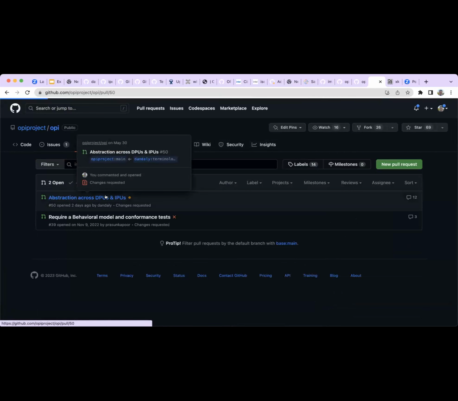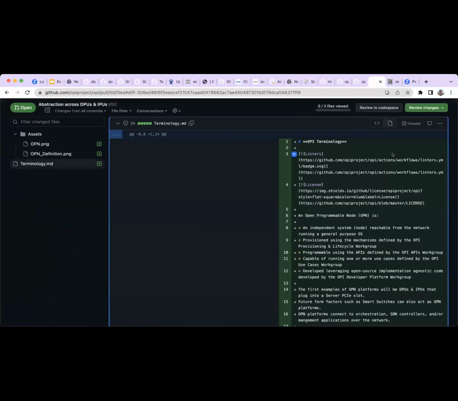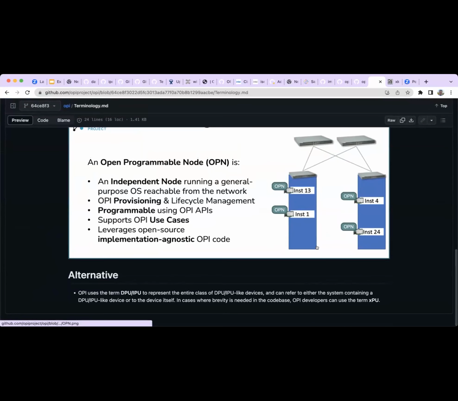Otherwise, OPI, I don't think there's, I mean, again, other than a few spots in the code where we do a compromise term and we just don't worry about it, I don't think introducing additional terminology will help anyone. So if I'm going to build a smart switch, or an intelligent port switch, or an accelerator switch, then the way I'm going to talk about it is that I have embedded data processing units, which is true, in my switch or in my chassis or attached to my switch. That's how I would talk about it. That's the most reasonable way.